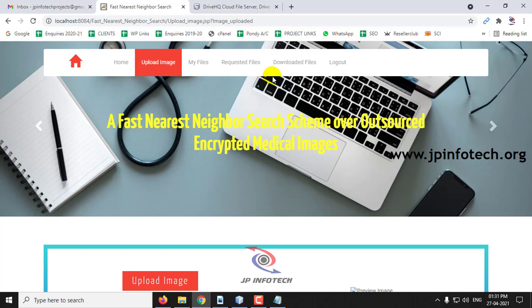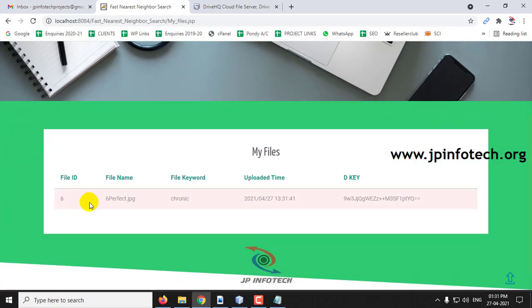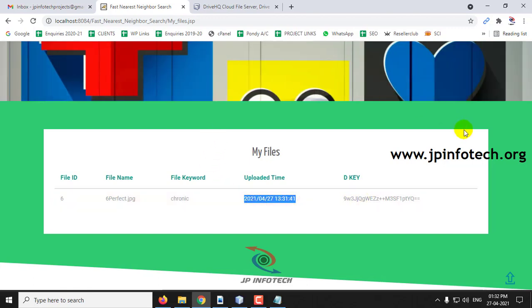Now you can see the image is uploaded, and you can go to my files to check it out. You can see the file name, the keyword, the uploaded date and time with the decryption key. This is for the localhost.